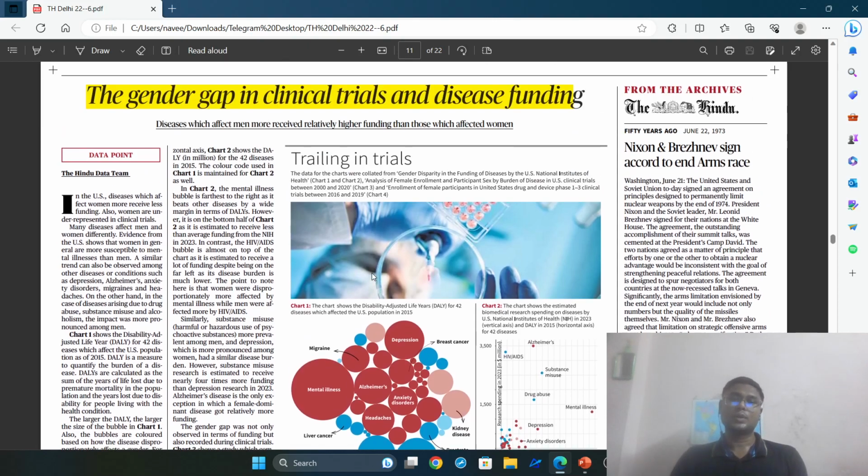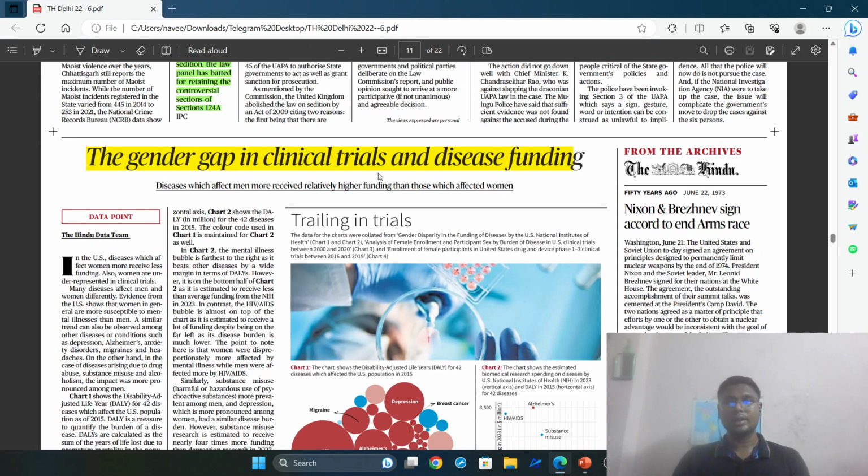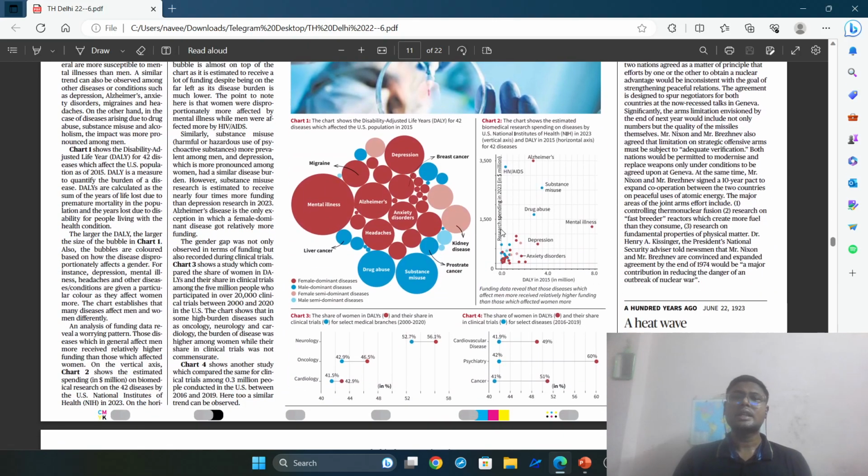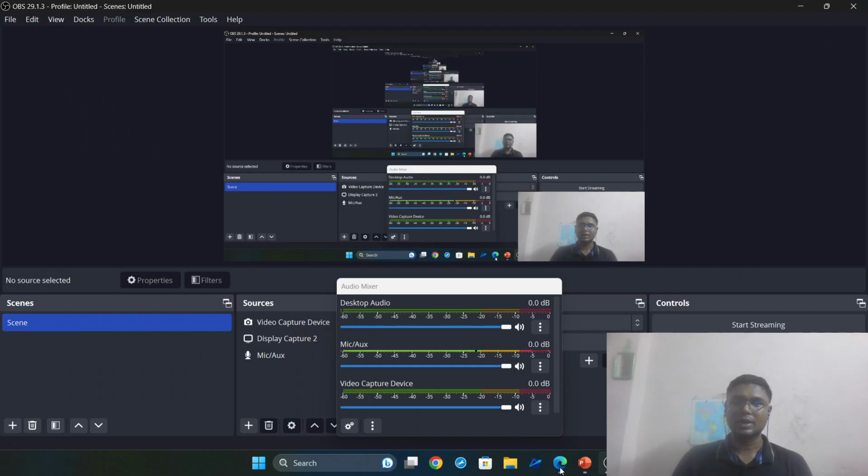about the US, where the gender gap in clinical trials and disease funding. You see, guys, there is a clear disparity between men and women in clinical expenditure. So in this article, in this data sheet, we will see what kind of differences they are trying to give us. So let's start with the first article today, which is the